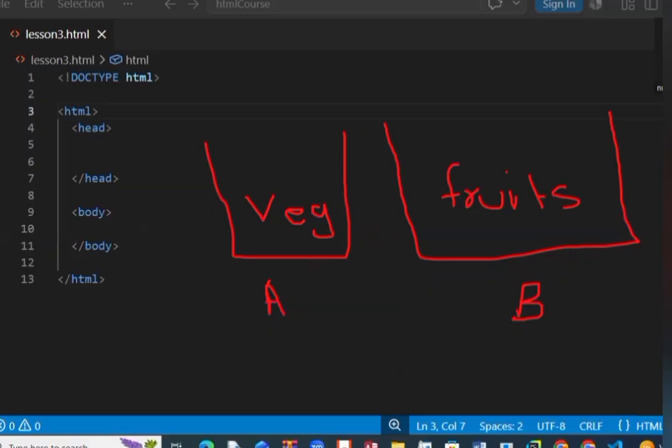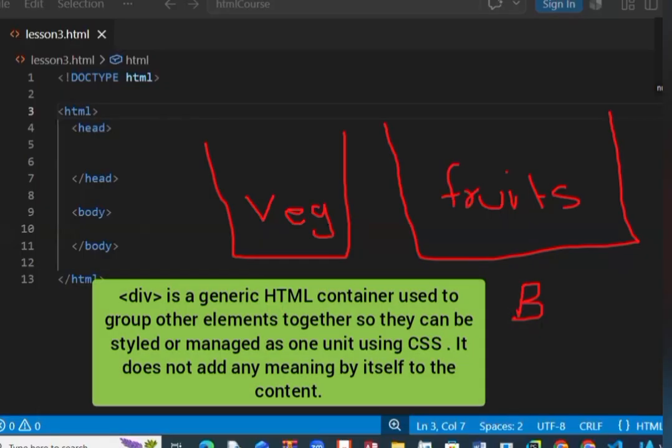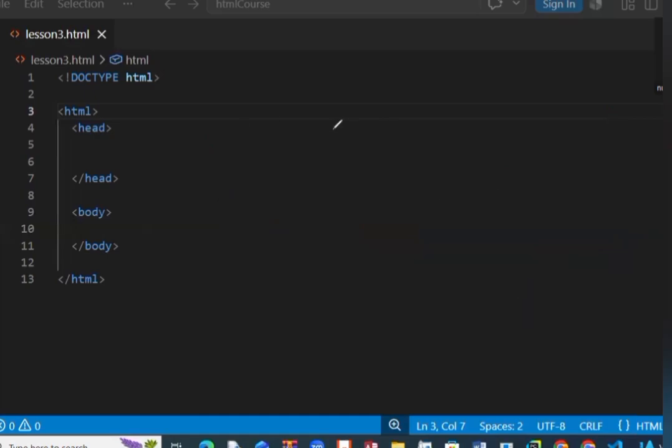Inside div we can put elements. And div does not change how things look by itself. When we use the button tag, we could open a button, but we didn't learn to make it clickable. We can study how to make buttons clickable when we learn JavaScript. We will learn that later. So while opening the button, we opened a button in our web page. And when we use the anchor tag, we can insert a link. Like that, div does not change how things look by itself, but it is very useful when we use